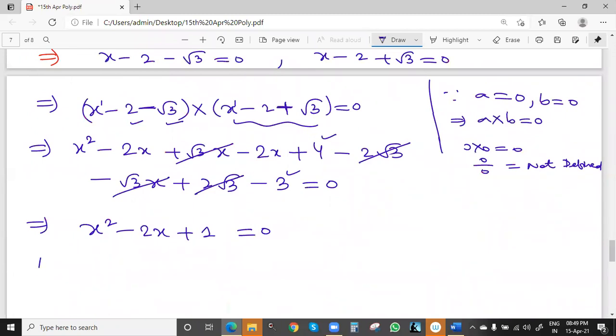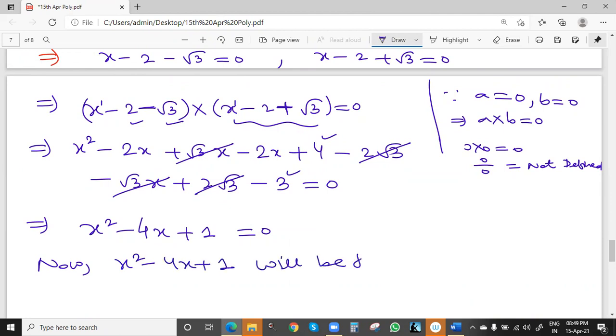Sir, minus 2x plus minus 2x will be minus 4x. Right. Sorry, small mistake. Thank you for reminding, thank you for the correction: minus 4x. Because in maths, if we have this error, then the whole answer will be incorrect. So now, correct: x square minus 4x plus 1